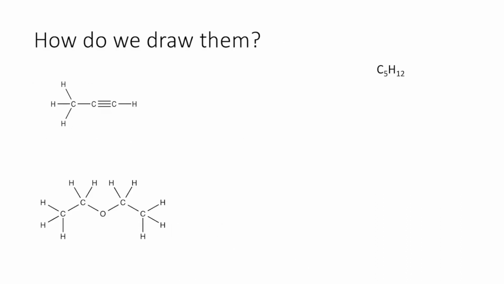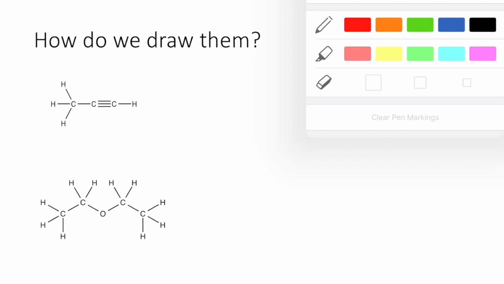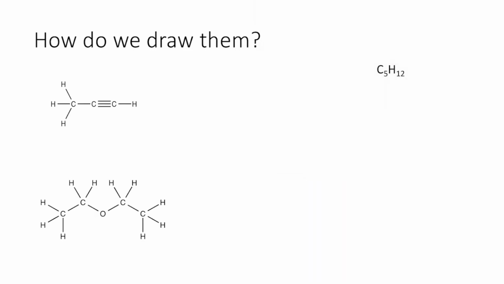So how do we draw them? Well, first we have to look at the Lewis structure, or at least have an idea about what the Lewis structure is. So we're going to take these 3 examples, and let's start with the one over on the right-hand side, which is C5H12. So if I were to draw that Lewis structure,